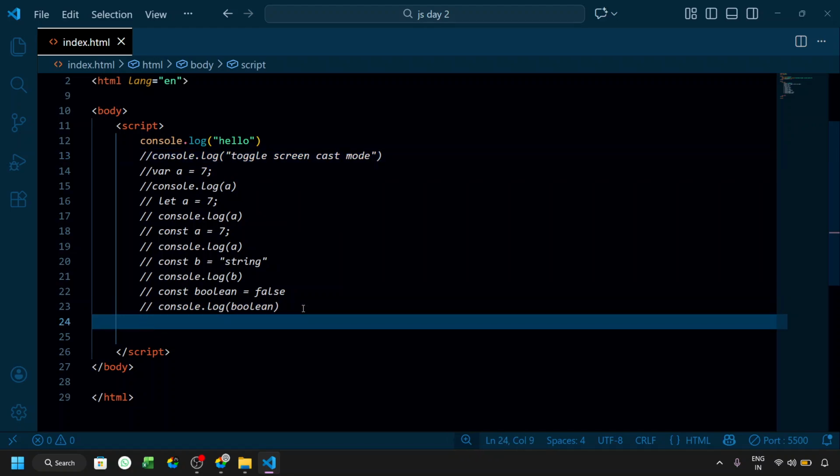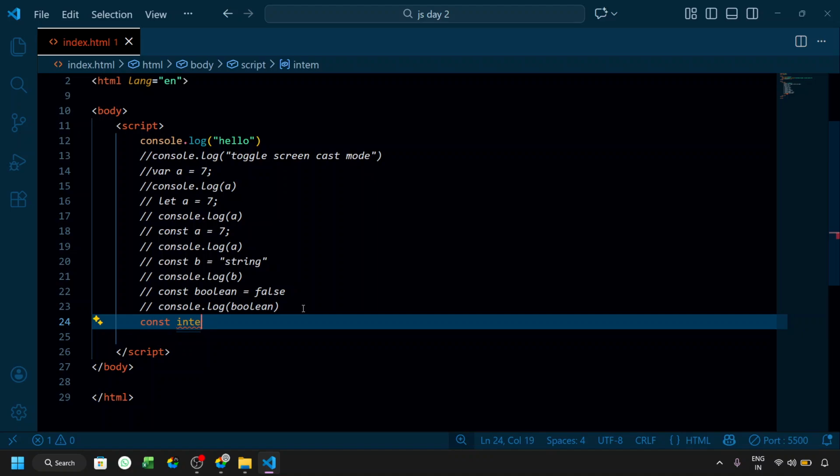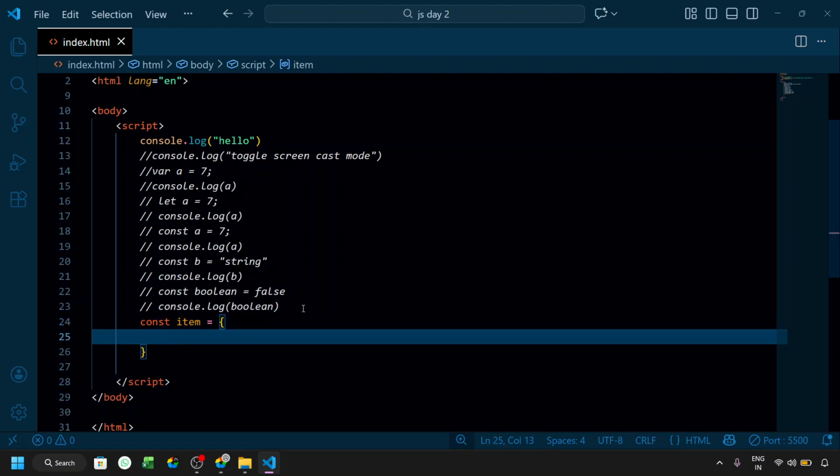In a new line, I type const item is equal to, in curly brackets, you can give a name. Name is LED bulb